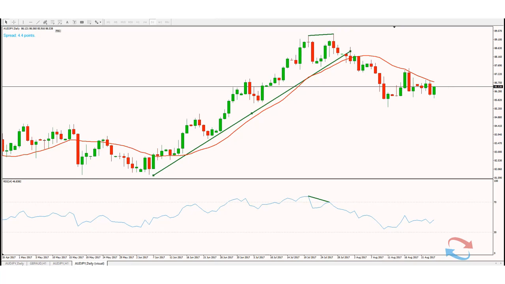This next rule addresses my earlier point about not taking a setup just randomly with this strategy. You'd have to have a good reason to be taking a trade at a great location on your chart. So the next rule is price at a good support and resistance level? And the quick and easy way to do that is to find out what price is reacting to at this previous high